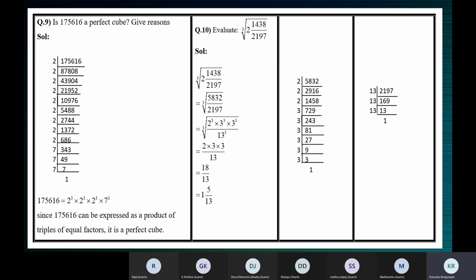As I was telling you, this number 12,167 is divisible by 23. Once you get 23, you should again use 23. Don't come again from 2, 3, 5, 7. Divide by 23, then again try by 23. Like here we got 13, 169 times. Now don't try 169 with 2, 3, 5, 7 and waste time. Take 13 again. It should be divisible.